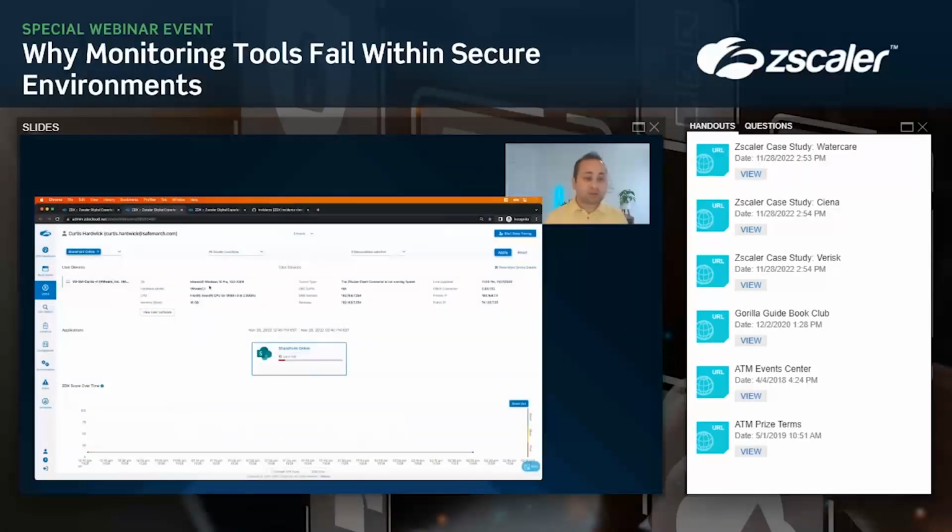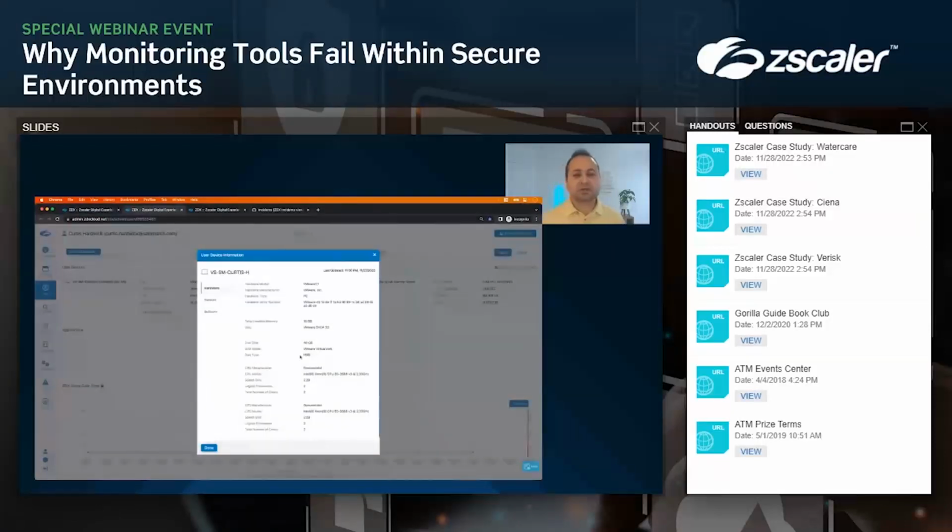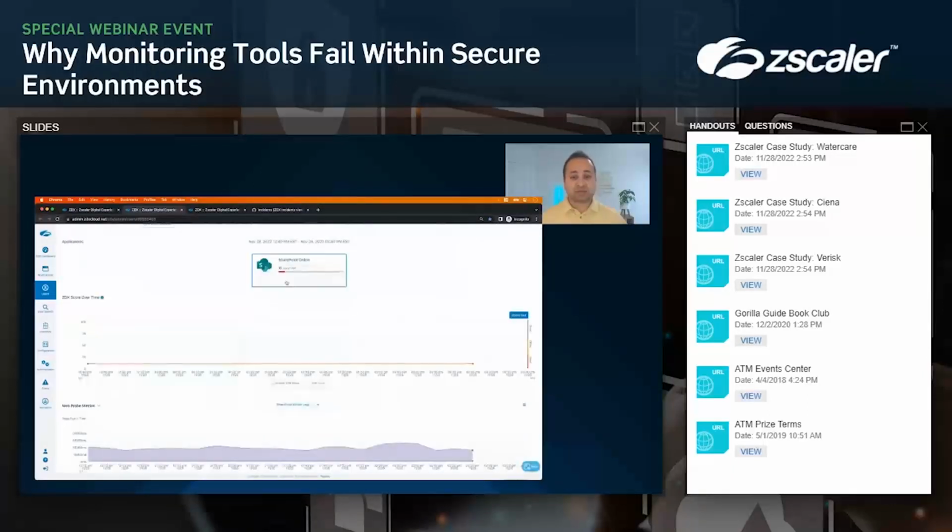As we come to this page, we can see Curtis, who's using this specific device. We can see all the details related to operating system, the hardware information. How is the user connected to the network? Is the tunnel on? Is the tunnel off? You can click on show more details here, which will give you further details about the user's hardware, network, and software metrics. As we scroll down further, we see that the score for SharePoint Online is 10, which is